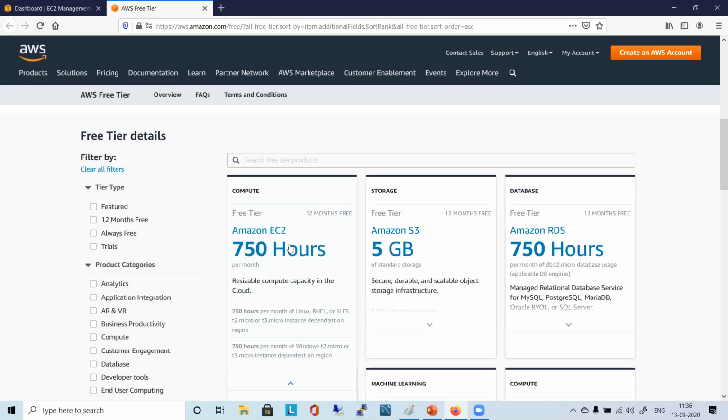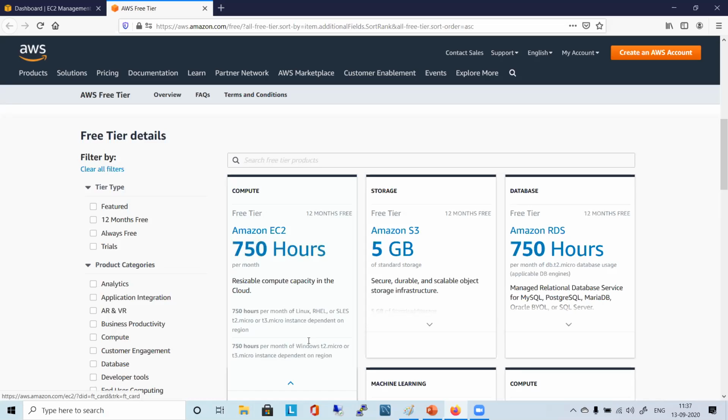Say if you're running one server continuously for the entire month, you will be using it. If you're switching it off, your hours will be reduced. Say you are keeping it on for only 12 hours, then you can run two servers.